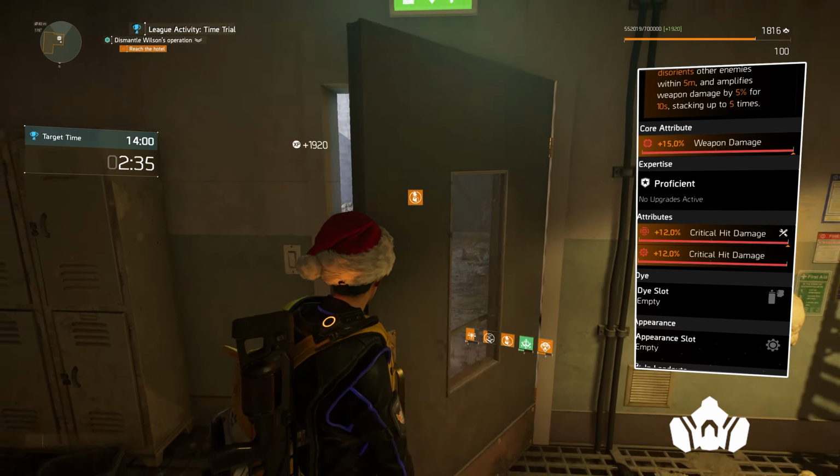Our chest piece, we're using a Sokolov piece. Core attribute is a red, 15% weapon damage. Attributes are 12% critical hit damage, 6% critical hit chance and 6% critical hit chance mod. And the talent, which intertwines between the backpack, the Bloodsucker and the procs, is: while you have bonus armor, gain 1